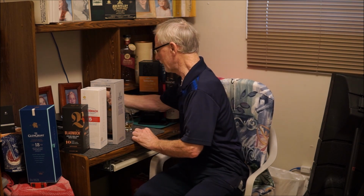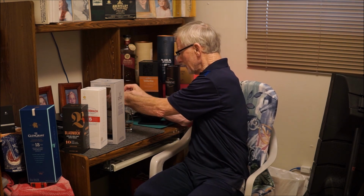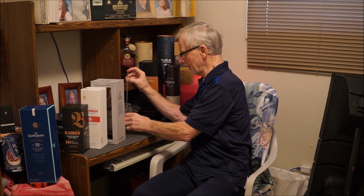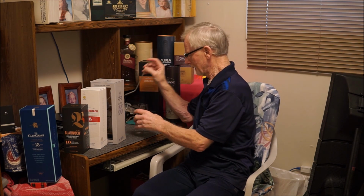And we have our water here. So let's go at it. So again, this is a distillery that just doesn't have a lot of marketing, or you don't read about it much. The word Linkwood, a lot of people never even heard of it when I mentioned it to them. I've mentioned it to some of my friends, and they said, Linkwood? No, never heard of it before. And yet, such a big production distillery,